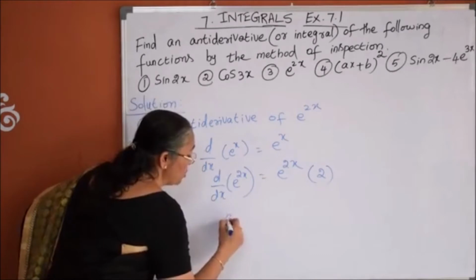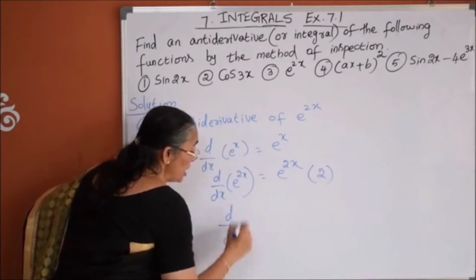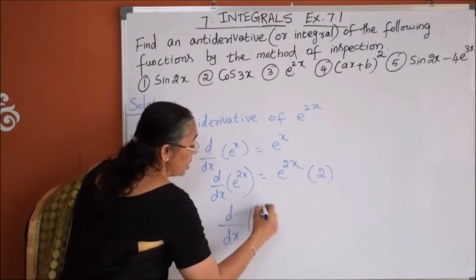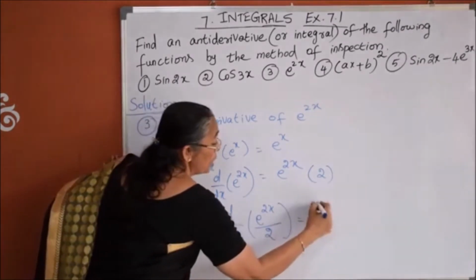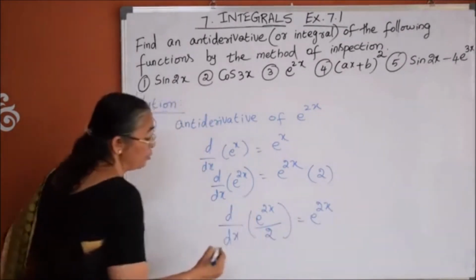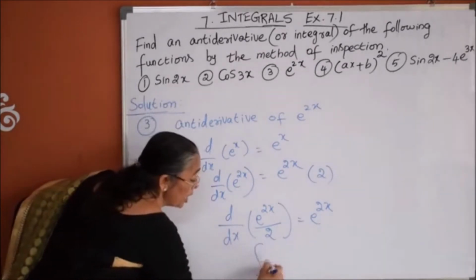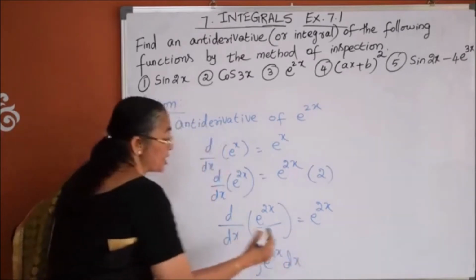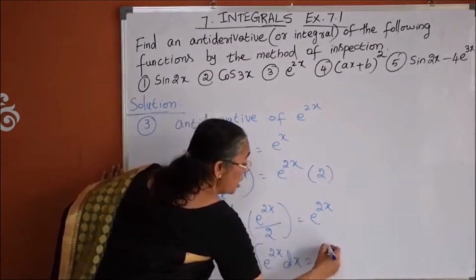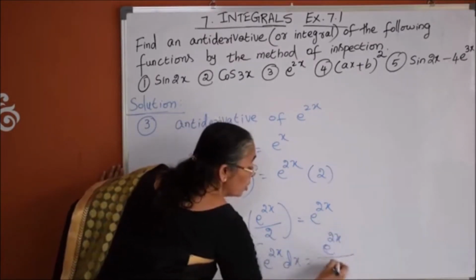So, this 2 has to be divided. So, d by dx of e power 2x divided by 2 is equal to e to the power of 2x. Therefore, integration of e power 2x dx is equal to e to the power of 2x over 2